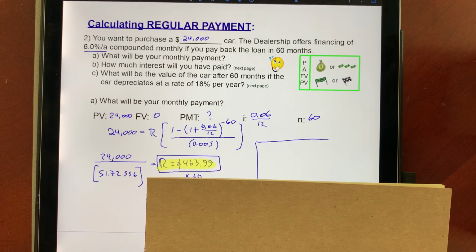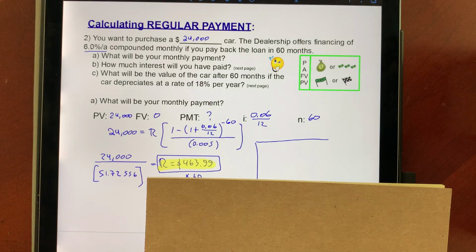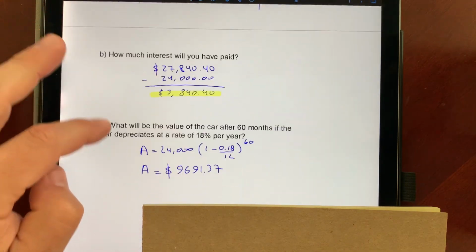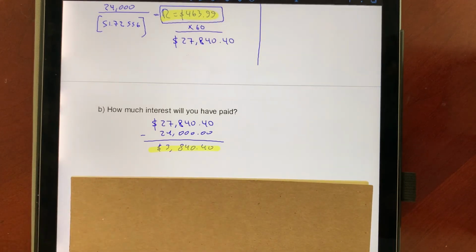How much did I actually pay? Well, I paid $463.99. How many times? 60 times. So multiply by 60, and that's $27,840. So the difference between $27,840 and $24,000 is how much interest I actually paid. Make sense? So in this case, I paid just under $4,000 in interest,